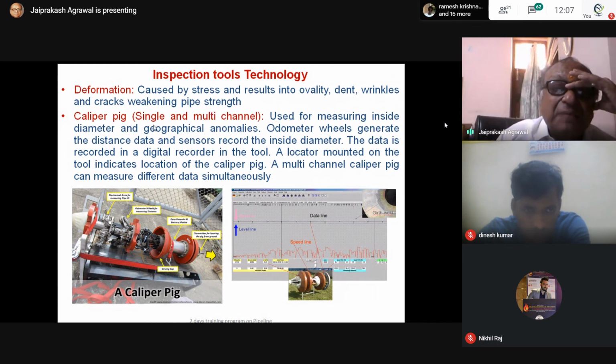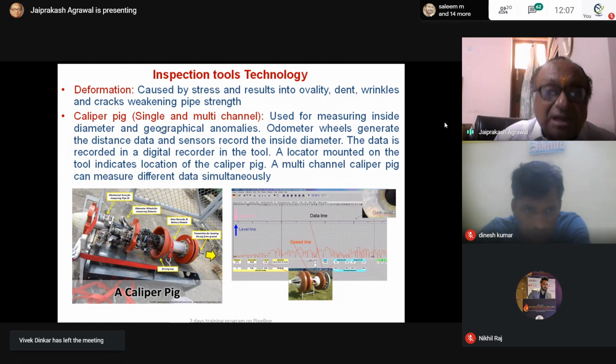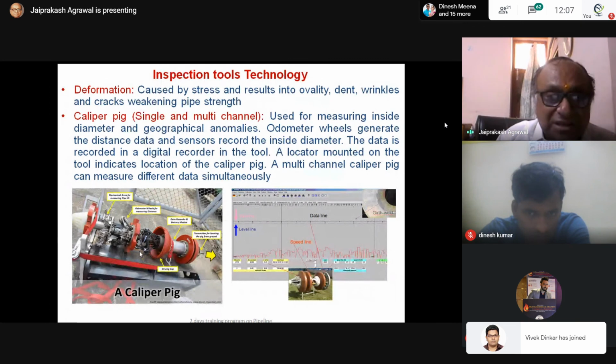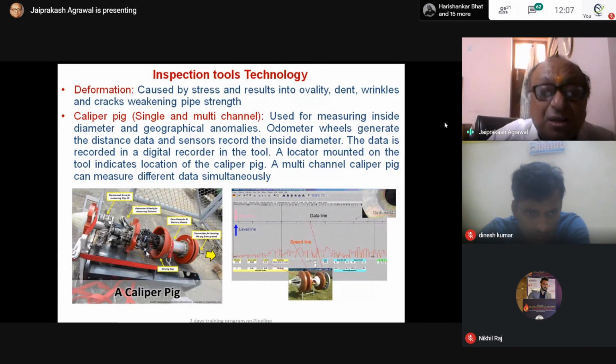That is the caliper pig, or you call it EGP, the geometrical pigging, to know the geometry of the pipelines. It is single and multi-channel. Basically it is called the caliper pig, and this gives the geometry. It doesn't give you the metal loss or those features. It's not like your intelligent pigging tools. It's just caliper pigging which gives